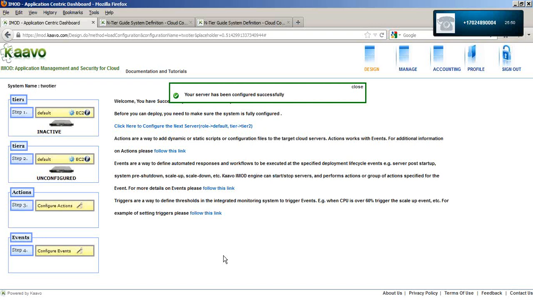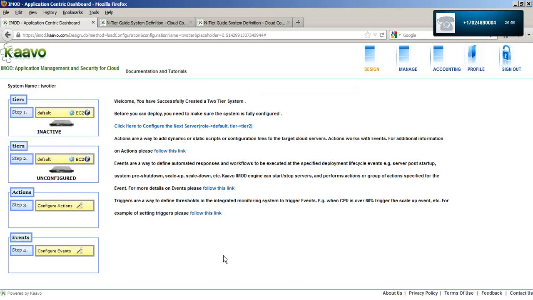After completing this step, I have to create necessary actions and events depending on the behavior of the system using these links here. How exactly to do that is out of scope for this webinar, so I will not go into detail.